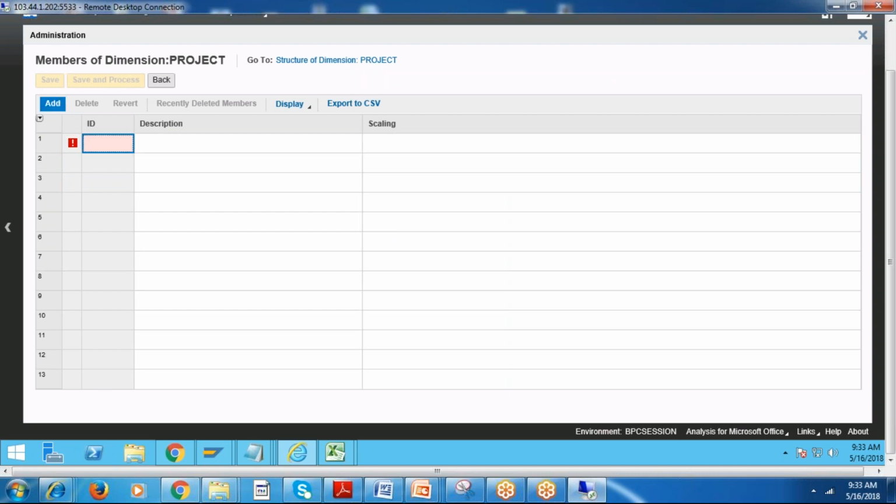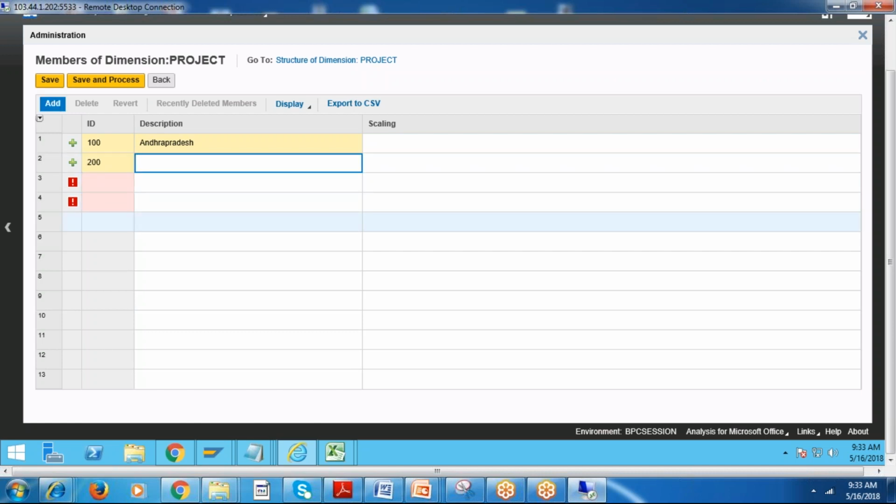Let me add members, like here 100, I'm giving AP, Andhra Pradesh. This is just one member. I am adding 3-4 members here. Like 200 is Karnataka.